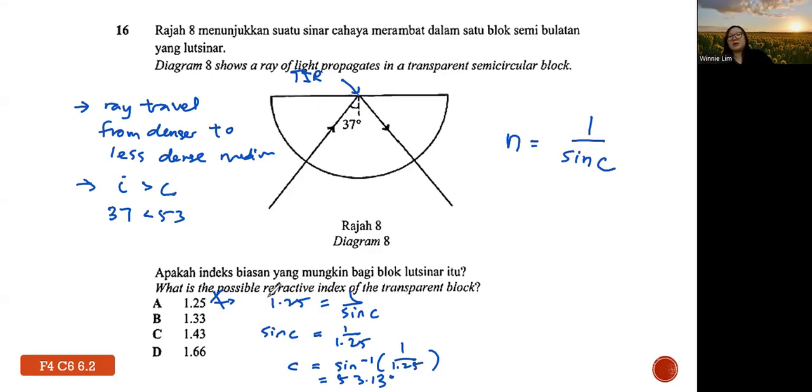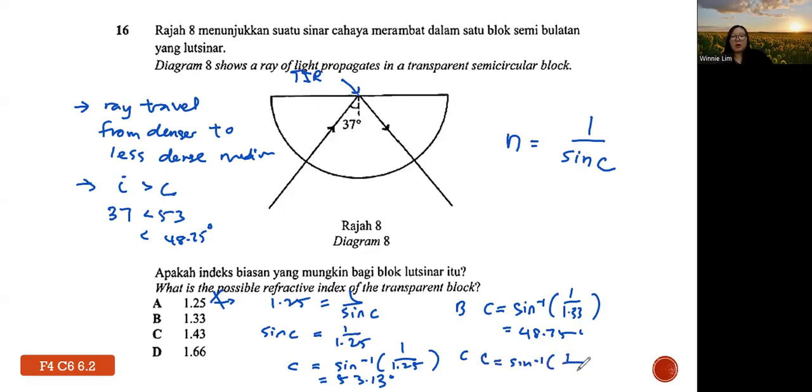Then you do the same thing, but now you press the calculator for B. Okay, C equals shift sine 1 over 1.33. Then for B, you're supposed to get 48.75. It's still not possible. Understand? Because it's still less than that. Then for C, shift sine 1 over 1.43, and you get